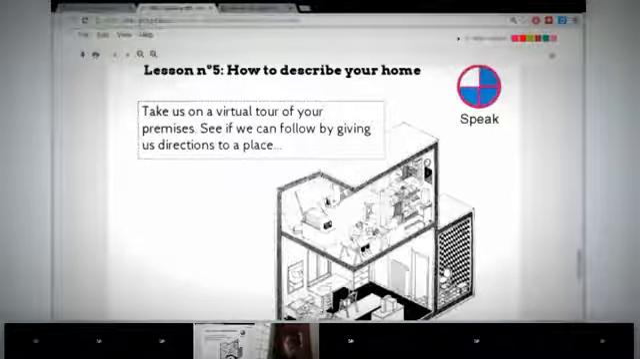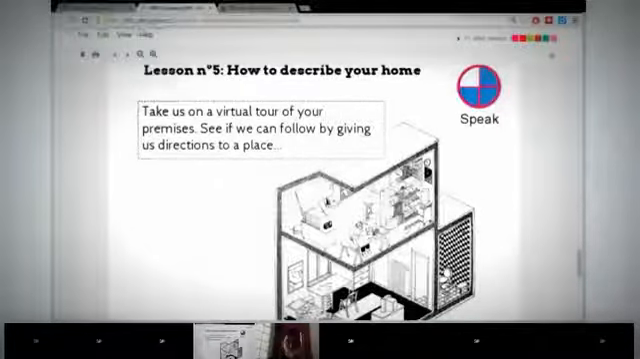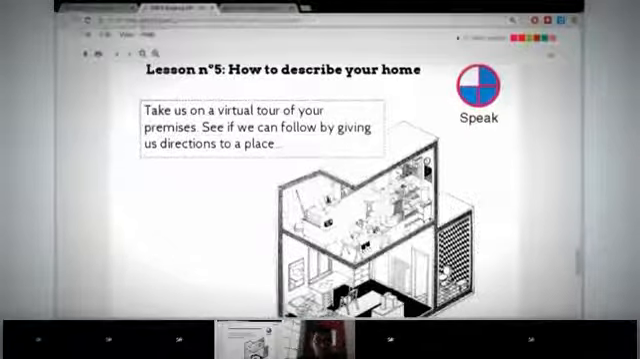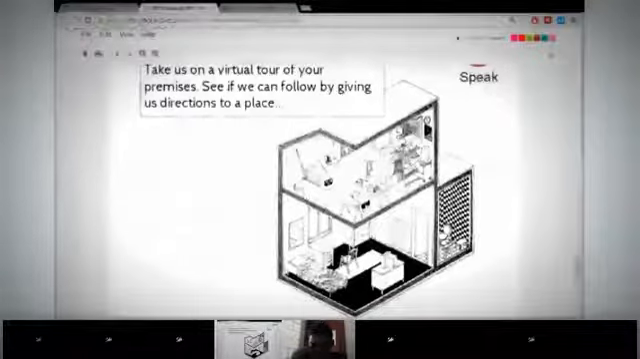Hang on just a second. I have a picture here, and I'm going to give you a virtual tour based on the picture, and you can use that as an example to give us a tour of your home. And let's see if we can try to imagine it. So first of all,